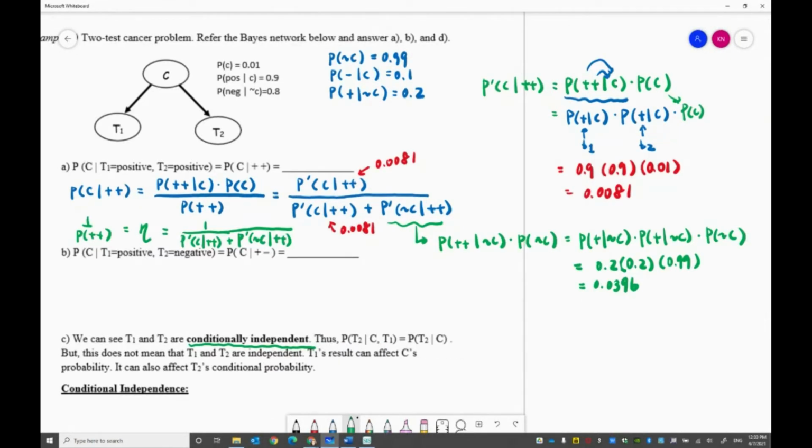So the final number, 0.0081 over 0.0081 plus 0.0396 is about,